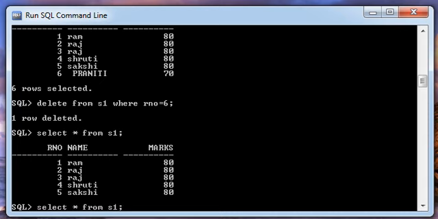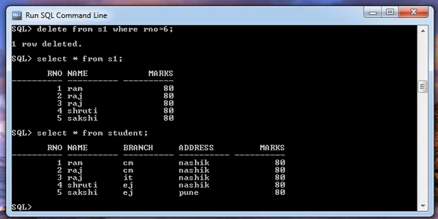Let us see whether it is deleted from the base table. Here I am describing the base table. So the data is deleted from the base table also. So these are all the operations on the view, that is selecting data from the view, then inserting data into the view, updating data and deleting data from the view. That's it about a view.